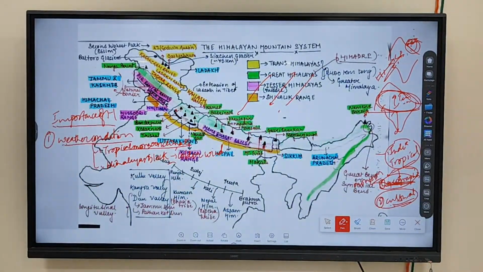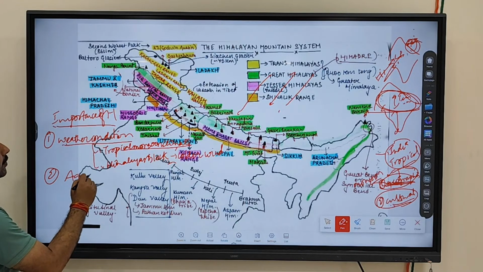Despite more landmass in a temperate region, India is still referred to as a tropical country. Clear? So this is something you have to keep in mind with regard to the Himalayas, the first importance of the Himalayas. Second thing,